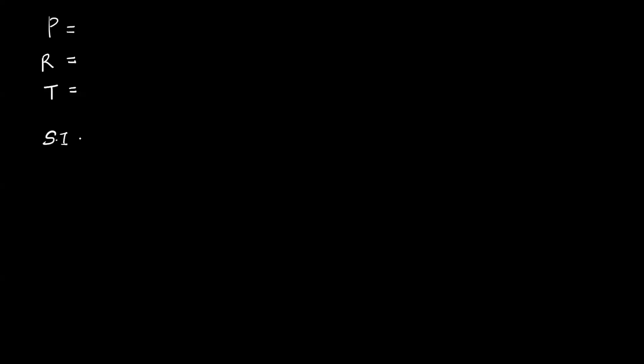The simple interest formula is P into R into T upon 100. This we must have learned in lower standards. Same logic if I am discussing compound interest, but the formula will be slightly different. In compound interest, principal will be given. The rate of interest will generally be shown by small r, and the number of years will be shown by small n. First, we'll end up getting the amount. Amount means the total money.